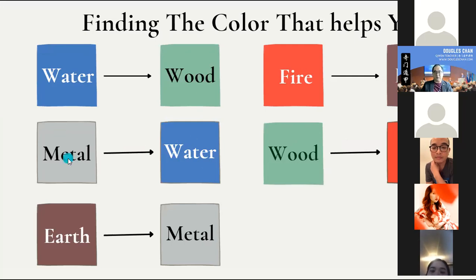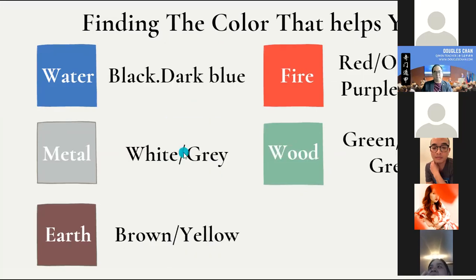So what is metal? Metal equates to white and gray. That's all. But can any of the color from the fire or from the earth support my academic in water, or just metal? I would not recommend it. Because